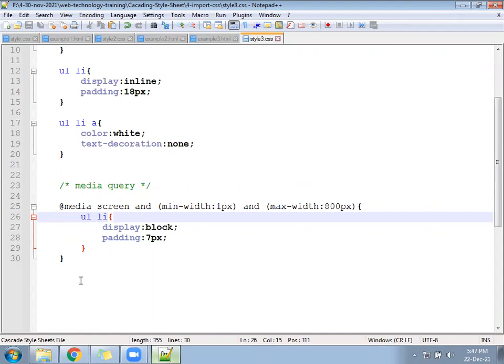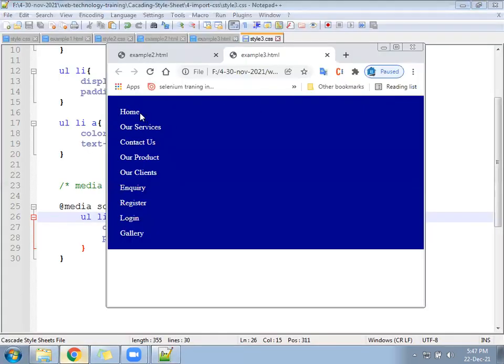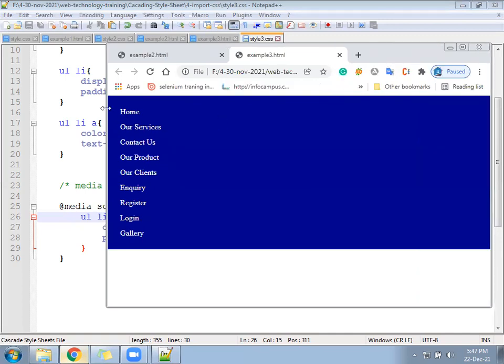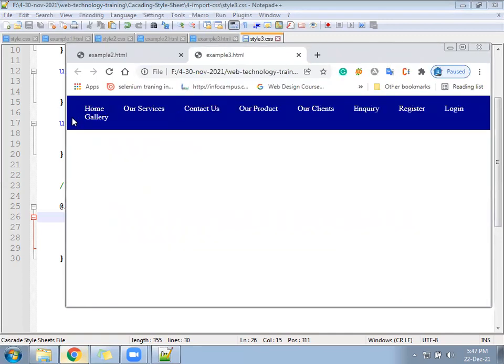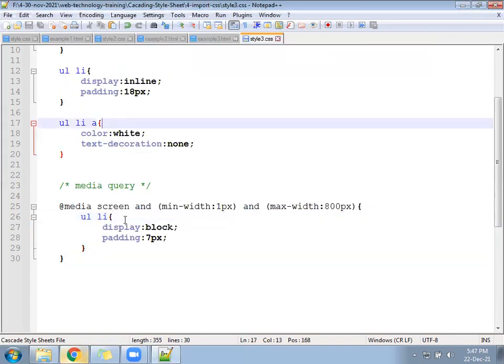Hope it is written. Check now. If your device is up to 800, all will go to the mobile layout. More than 800, it will come in the same line. You can reduce the padding a little. Here we have given padding how much? 7 px. Reduce a little more, keep 5 px.